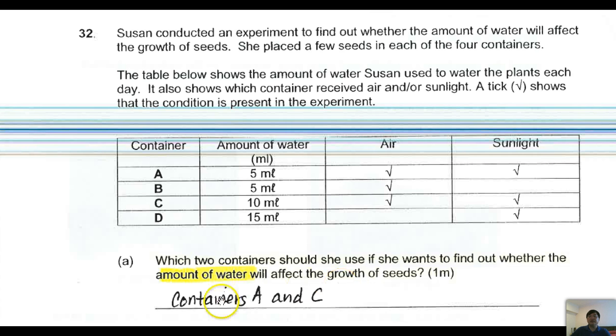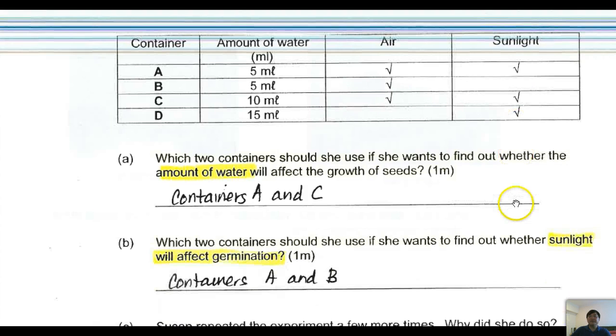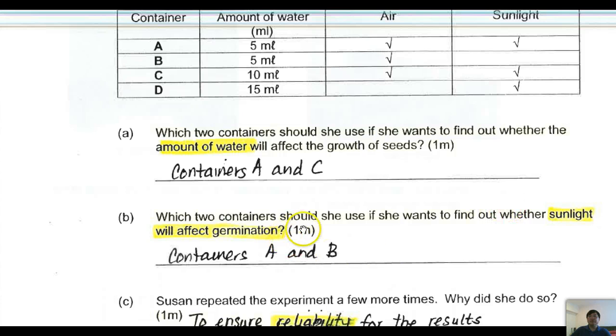for water. All right. Why A and C? Look, A, the amount of water. This is 5. This is 10. Right. Other conditions remain the same. Presence of air, presence of sunlight, presence of air, presence of sunlight. Okay. Now next. Which of the two containers should be used if she wants to find out whether sunlight will